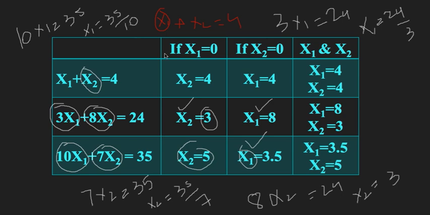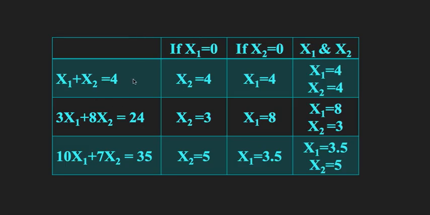Now after finding the values of all these x1 and x2 values for these three different equations, we are going to plot all these values in a graph on both the axes, x axis and y axis. Fine. Now what we are going to do, we are going to plot all these points on the x1 axis and x2 axis. Let that be the x and y axis.